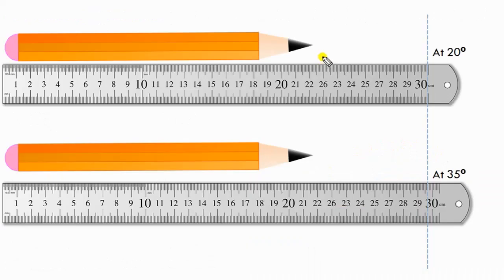To understand the effect of environmental variables like temperature, humidity, pressure, etc. on our measurement, I have taken this example. Let's say I want to measure the length of this pencil using a scale. An important point about this scale is that it was graduated at a temperature of 20 degrees Celsius. That means the markings that you can see on this scale were made at a temperature of 20 degrees Celsius.